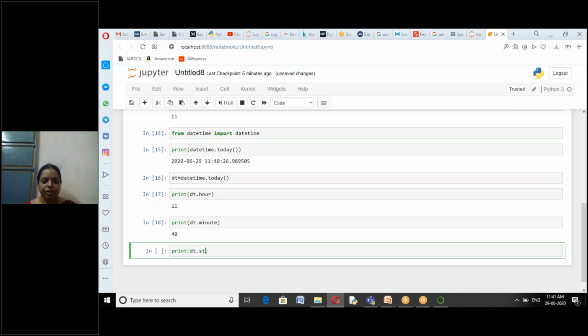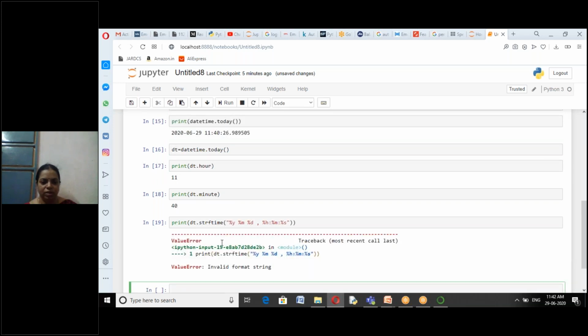Print dt dot strftime, which shows the complete date and time in our required format. Percentage year, percentage month, percentage day, percentage hour, colon, percentage minute, colon, percentage second. Invalid format string.